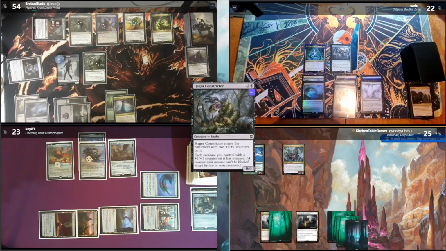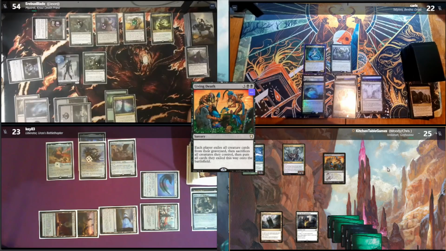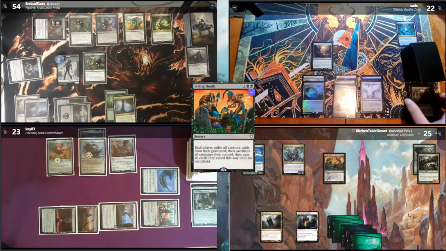Yep. Carry on. Untap, draw. Okay. This is not ideal. But if I don't do it, it's going to be worse. So for 5, I'm going to cast Living End. Each player exiles all creature cards from their graveyard, then sacrifices all creatures they control, and puts all cards exiled this way onto the battlefield. So I would gain a ton of counters,